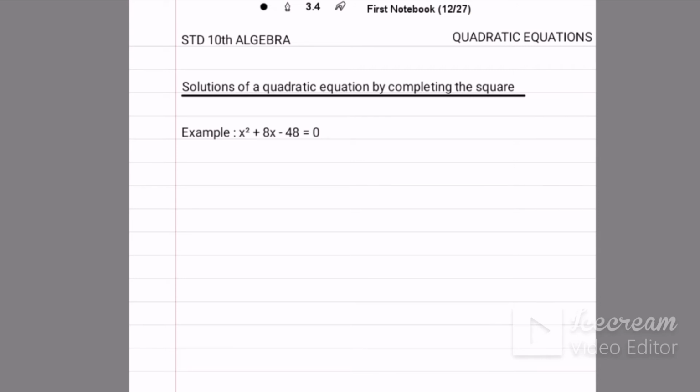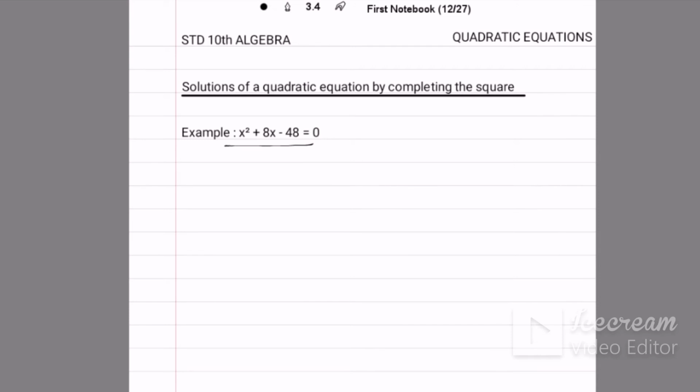First, we will solve the example by using the completing square method, and for checking the answers, we will solve it by the factorization method. So in both ways we can verify the answers, right? So we will see. Now the example which I have taken is x square plus 8x minus 48 is equal